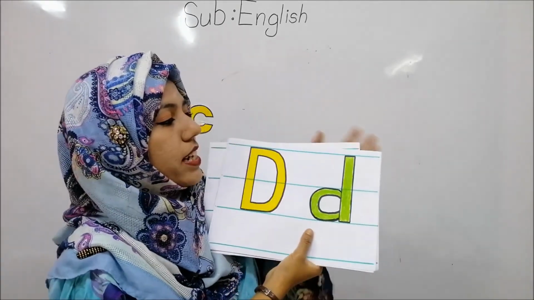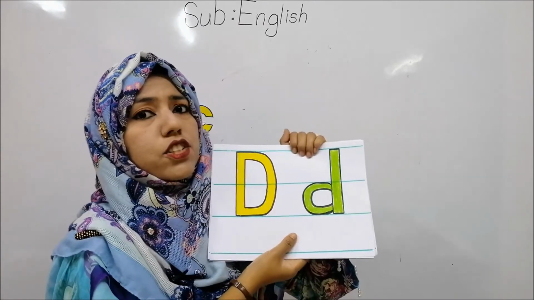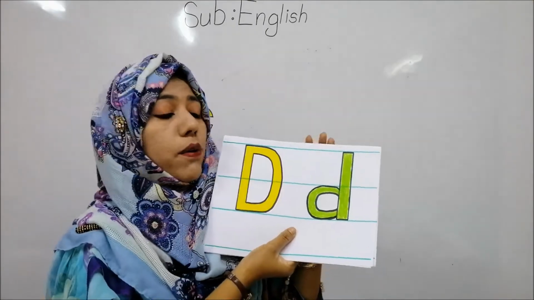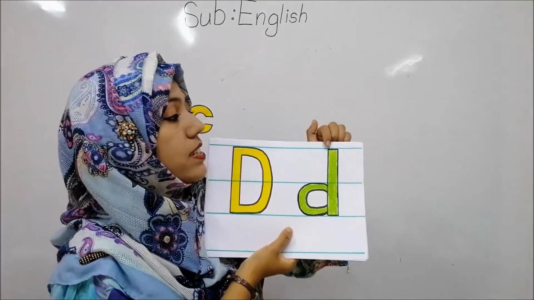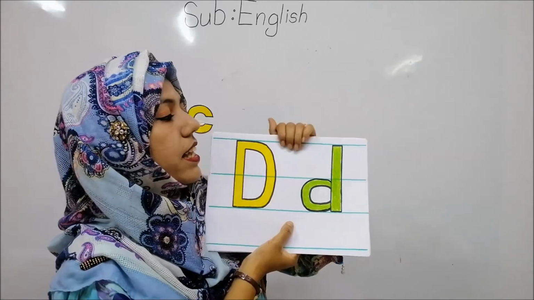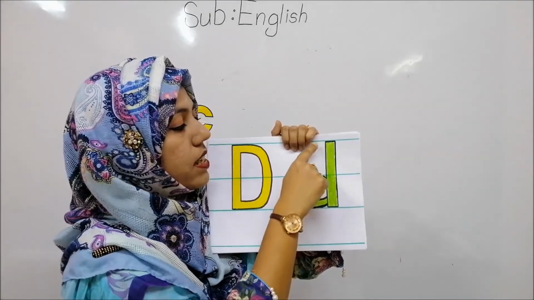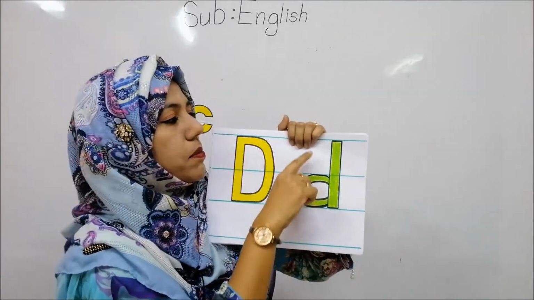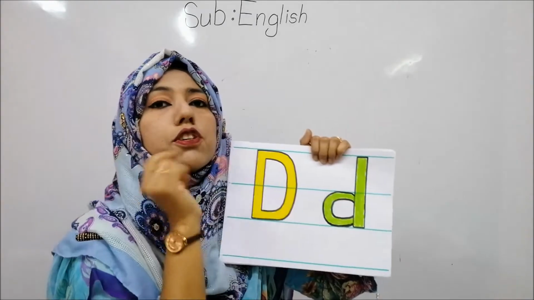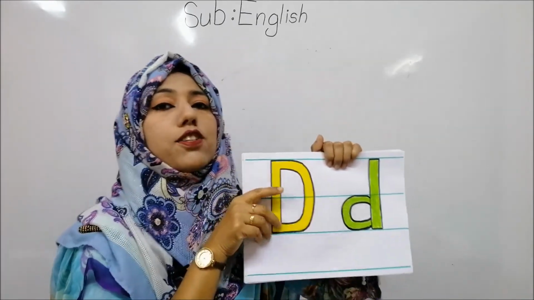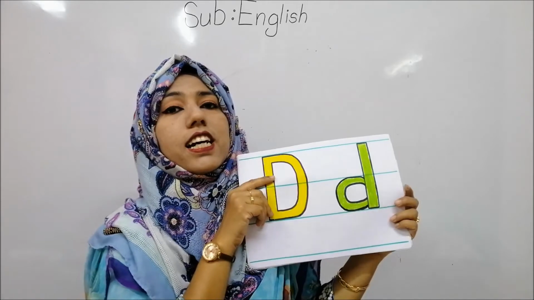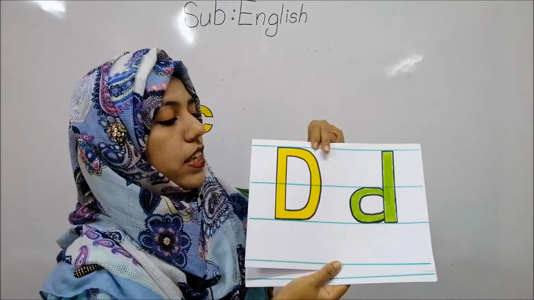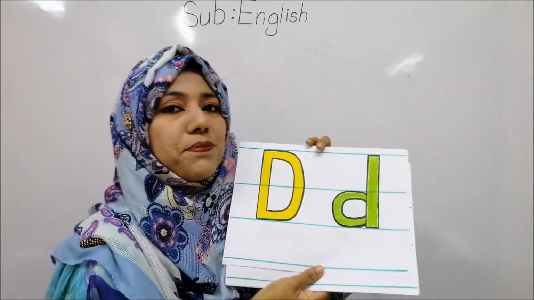D. So, students, D is a short letter, tall letter, or hanging letter? Which one? Where D sits? D starts from first line, then it finished in the third line, right? First, second, third line. That means D sits in two rows, first row and second row. So this is a tall letter. This is not Mr. Turtle's friend. Okay. D, then which letter?